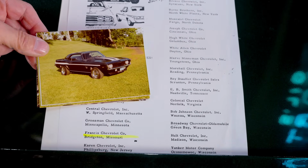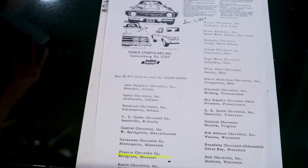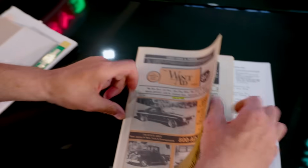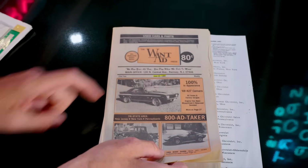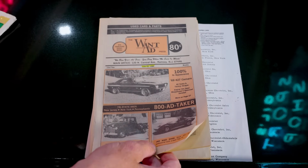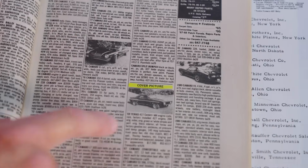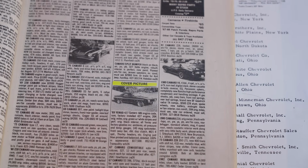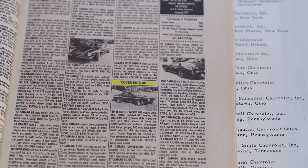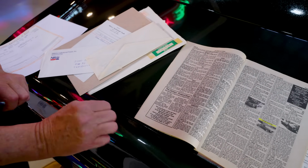And speaking of previous owners, it's nice when you have advertisements in local classifieds showing the car. And here it is right here, 1984. Here it is, the want ad on the cover. There it is, 69 427 Camaro, and then we open up and it says here, it's been blueprinted and balanced, and here it is, cover picture, describing the Yenko 427 Camaro, and here they wanted $17,500 back in the early 1980s. That seemed like a lot of money, but if we only knew at that point in time, and we'll find out what this one is worth on the 24th or 25th when it sells